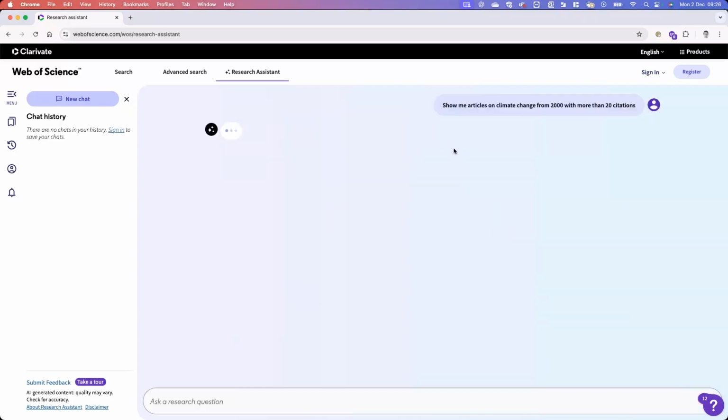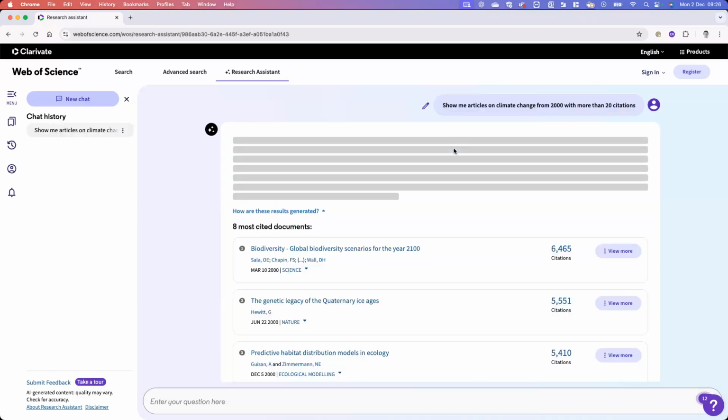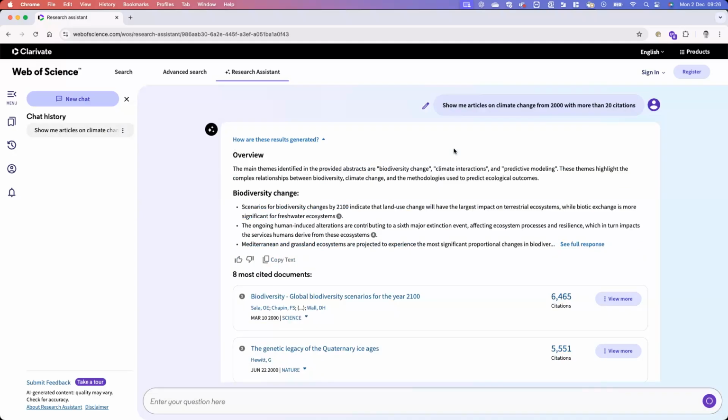So that's a command that effectively can be turned into a Web of Science document search that meets the criteria of the topic of climate change, the publication year limitation of papers published since the year 2000, and of course I've asked it to return papers that have got more than 20 citations. So in all cases here, the first step that the large language model is conducting is understanding each of those different entities, such as a citation number, a publication year, or a topic, but that also could be an institution or a country or a researcher. And it is then turning that into a Web of Science document search and returning the set of results that